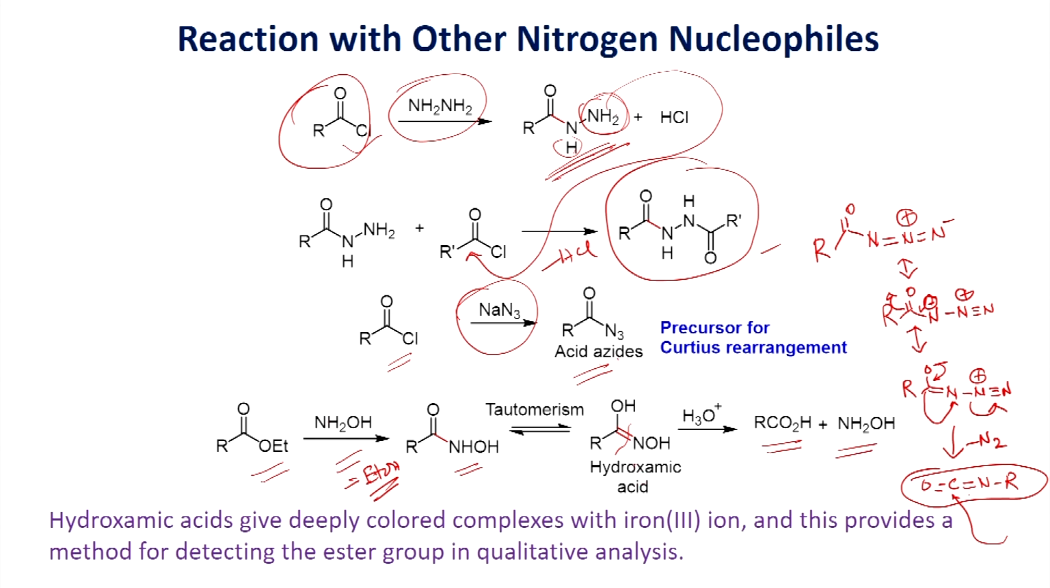If you look at here, what you do is generate a new carbon nitrogen bond between this carbon and the nitrogen of the hydroxylamine. And this compound, as is shown here, hydroxamic acids give deeply colored complexes with iron 3 salts, and this provides a method for detecting the ester group in qualitative analysis. When you have this hydroxamic acid, when you react with iron 3 salt,